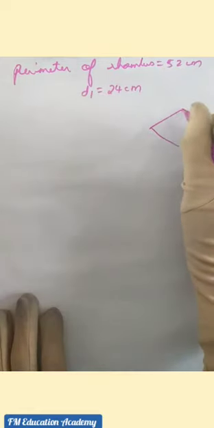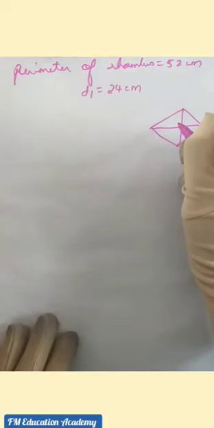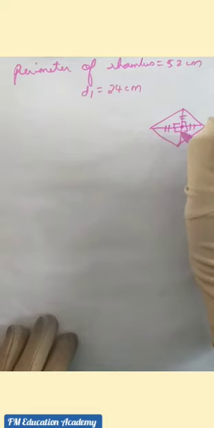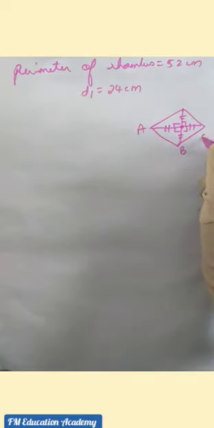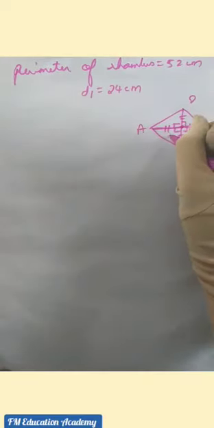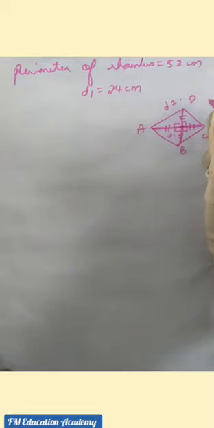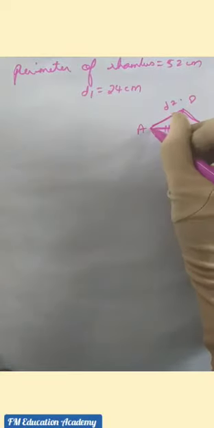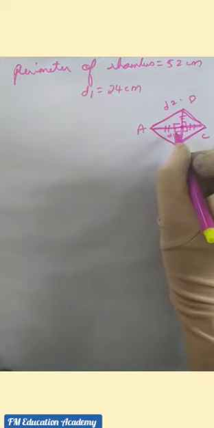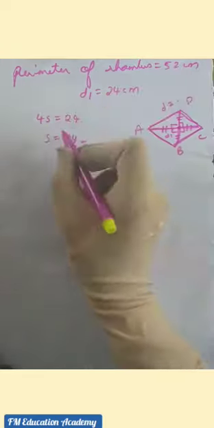So we know what a rhombus looks like. Here is a rhombus. Let us suppose these are our 2 diagonals. And we know in a rhombus, the diagonals bisect each other into 2 equal halves. That is, these both are equal, these both are equal. So A, B, C, D. Let us suppose this whole is diagonal D1 and this whole is diagonal D2. Here it is given that the perimeter of the rhombus is 52 centimeter, which means how many sides are there in the rhombus? 4 sides. And the perimeter of a rhombus is the same as a square.